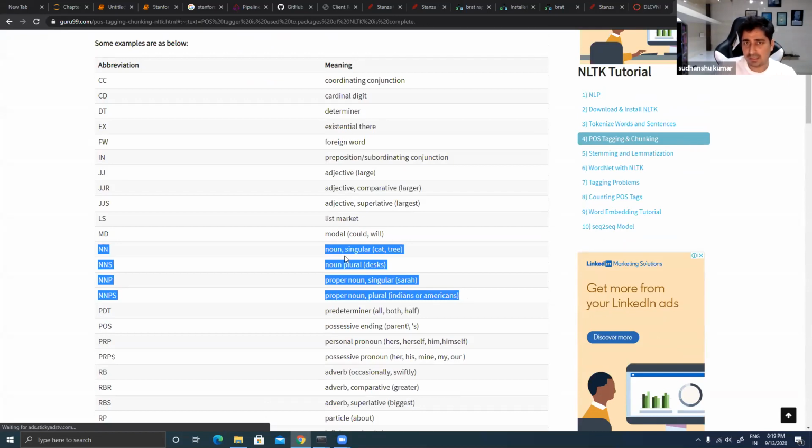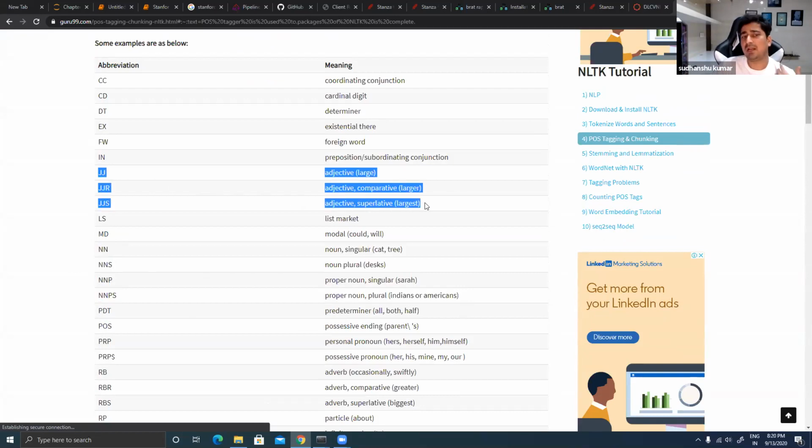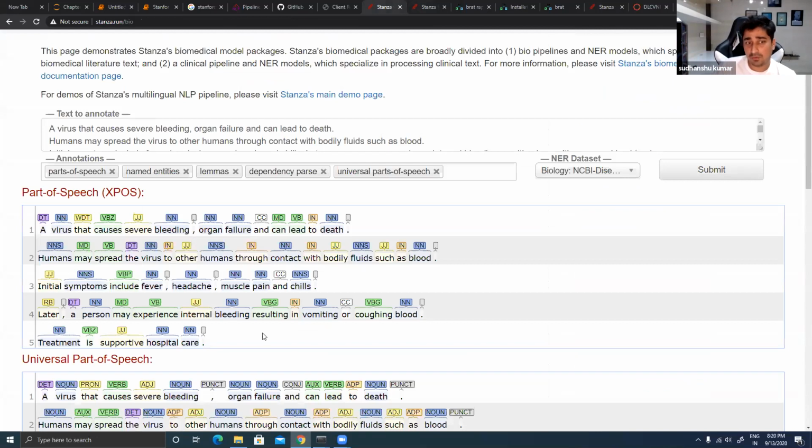All of these are representing a noun, but there are varieties of the noun, varieties of the adjective, varieties of the adverb. JJ means adjective, but we have multiple varieties of the adjective over here. This is what you will get in terms of parts of speech whenever you are trying to find them out.